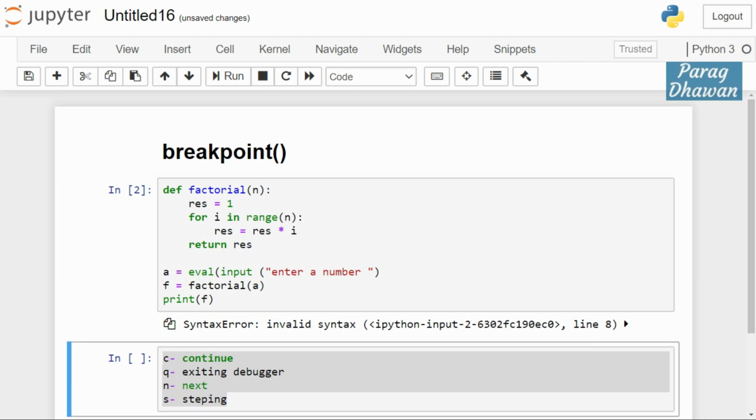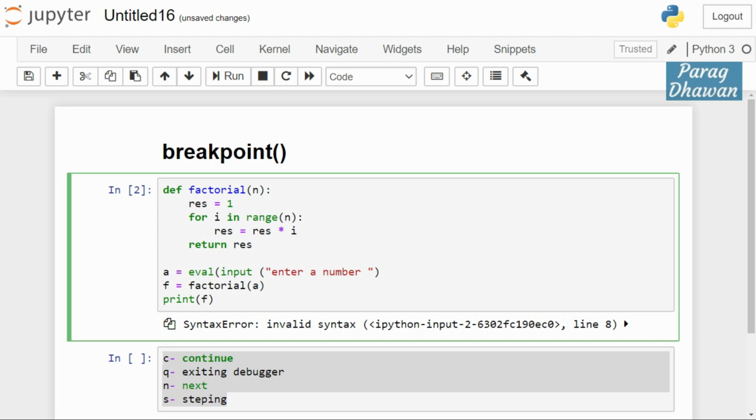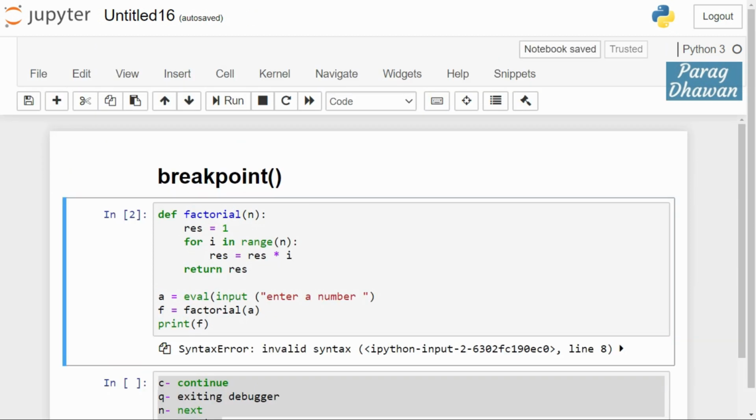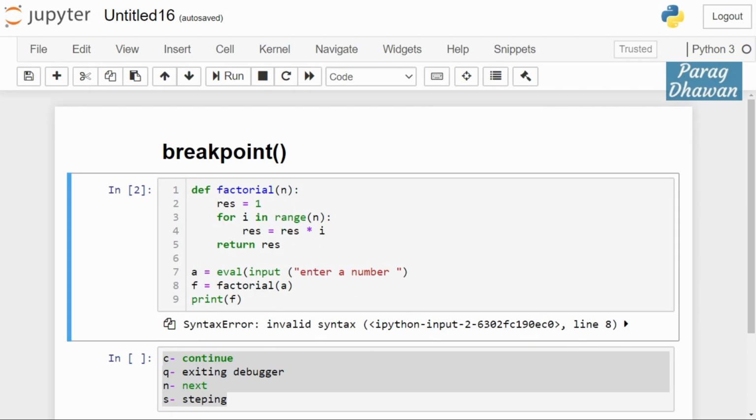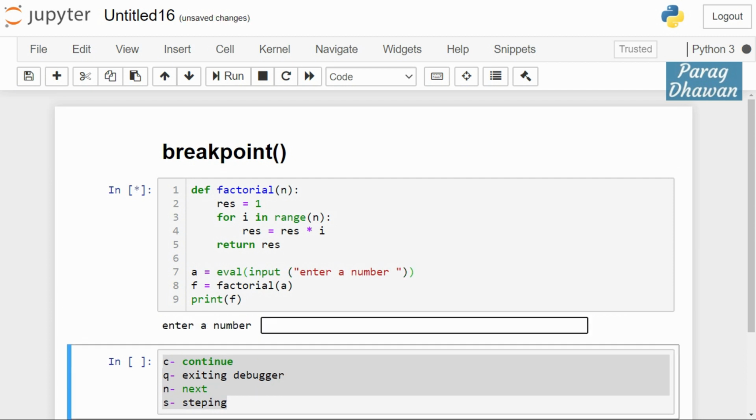Again, it shows that you have a syntax error at line number 8. So you click on the cell, press Escape L to display line numbers, go to line number 8 and check what the syntax error is. Factorial of... okay. Above the line you don't have the closing parenthesis. Run the cell, and you will see the program has removed the syntactical error.